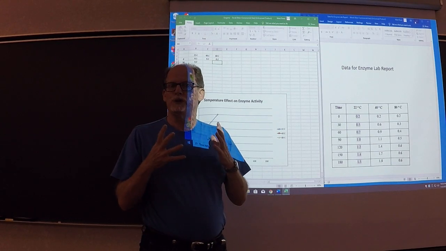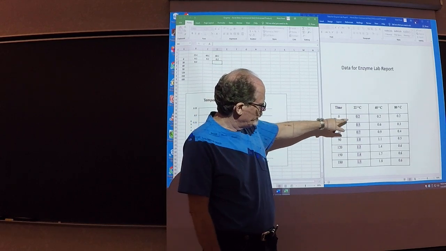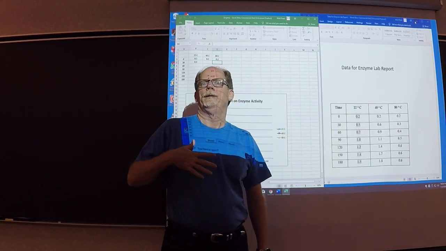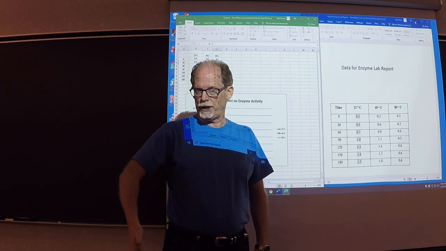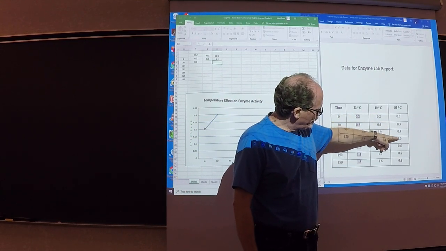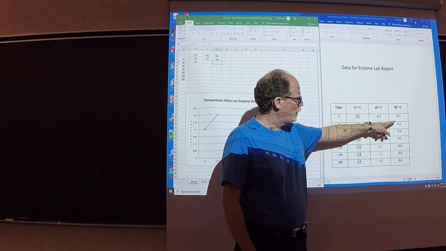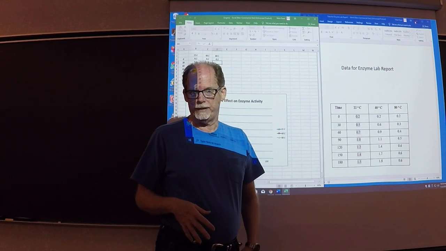You would use a spectrophotometer, and that would give you a number, 0.2, 0.5, 0.7. As this number goes up, that means you're accumulating product. The enzyme is working. So you can see in this last column, 0.2, 0.3, 0.4, it doesn't go up that much. The numbers didn't go up because there wasn't as much product being made by the enzyme,